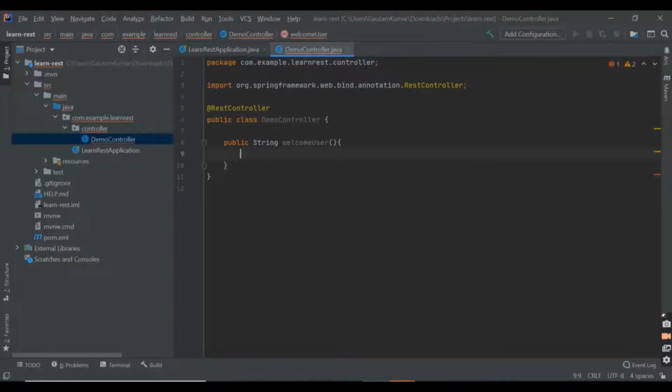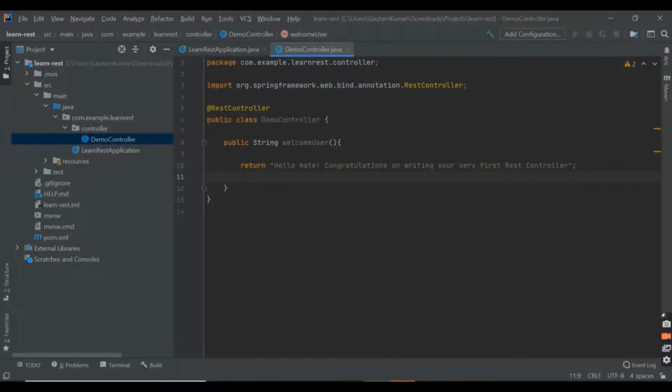We'll write a return statement, something like return a string that will say: hello mate, congratulations on writing your very first REST controller.